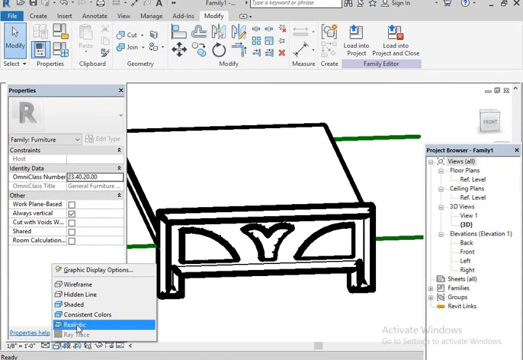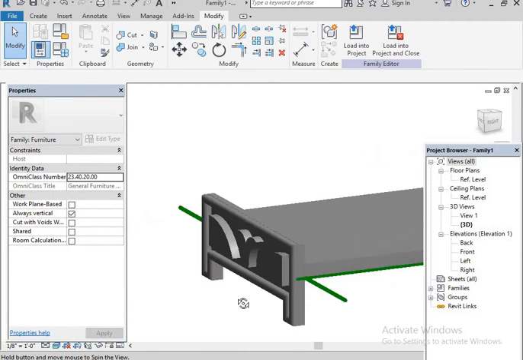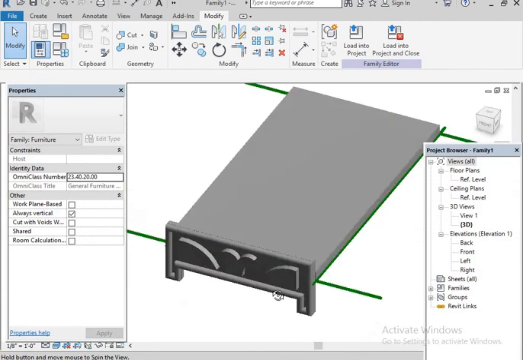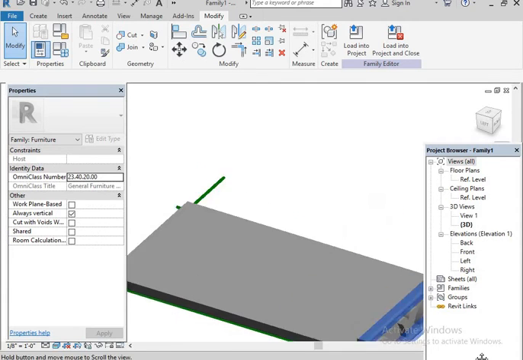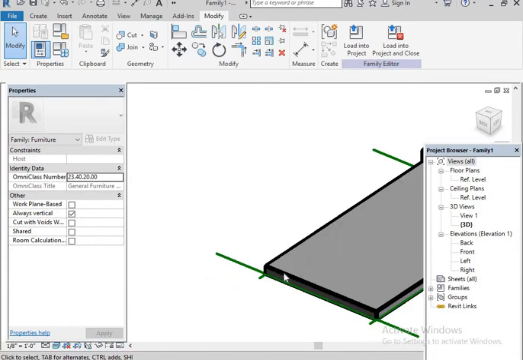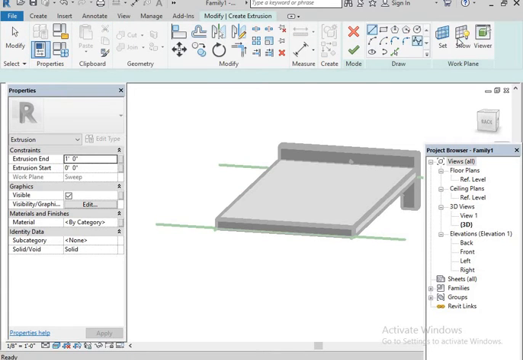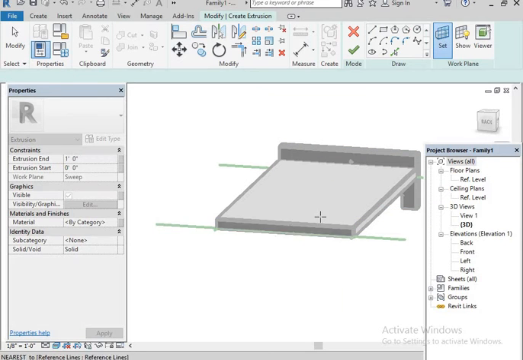Then I'll show you in realistic view. See, now it appears like this. Okay, and one more thing, we need the back portions also. So that I'm going to create now. Turn back, go to Create Extrusion, Set Work Plane, Pick a Plane. Okay, this is our plane.